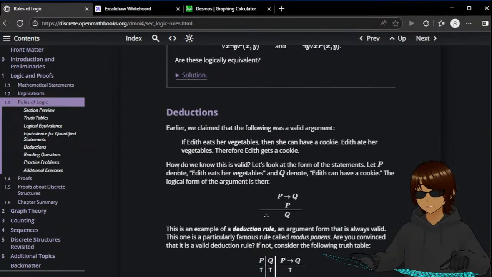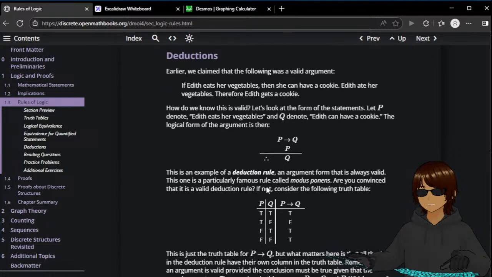Deductions. Earlier, we claimed that the following was a valid argument. If Edith eats her vegetables, then she can have a cookie. Edith ate her vegetables, therefore Edith gets a cookie. How do we know this is valid? Let's look at a form of the statement. Let P denote Edith eats her vegetables. Let Q denote Edith can have a cookie. The logical form of the argument is